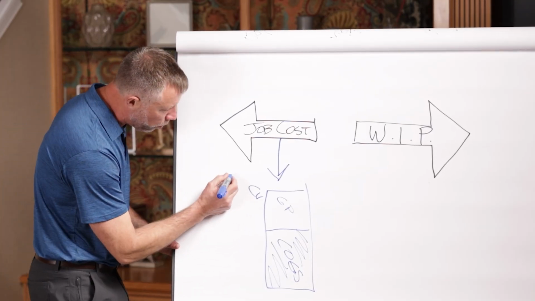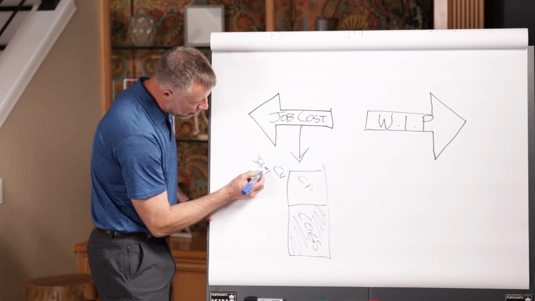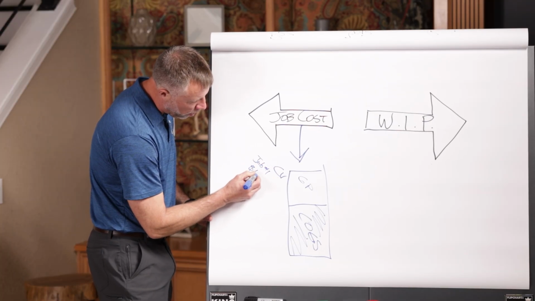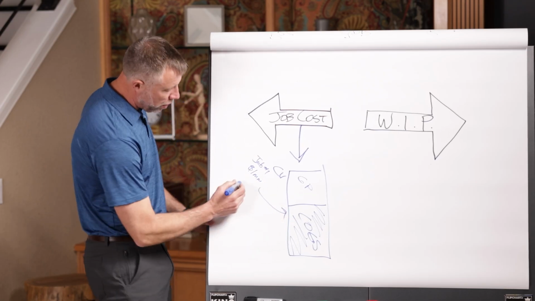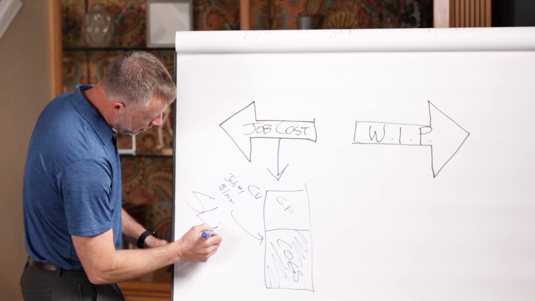So we get job number one. Let me put that down here. Job number one has a contract value of $1 million. Well, out of that $1 million, we have to take the cost of goods, which is made up of the